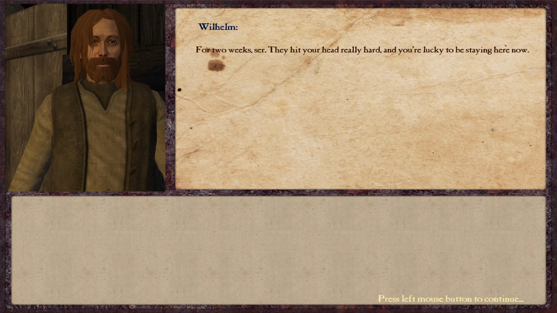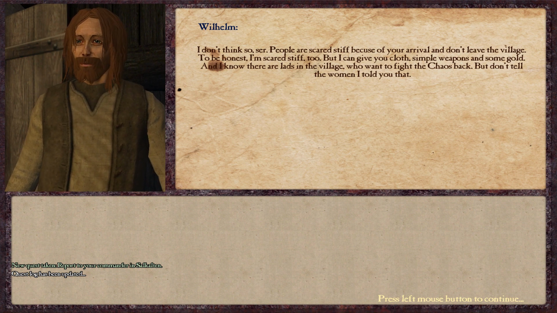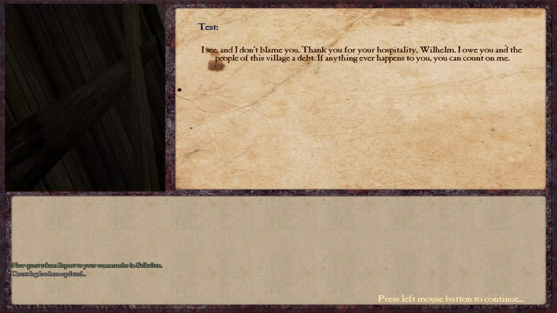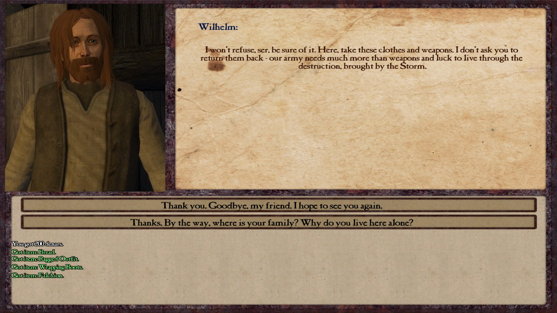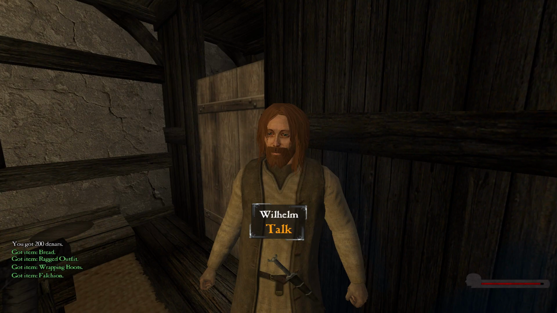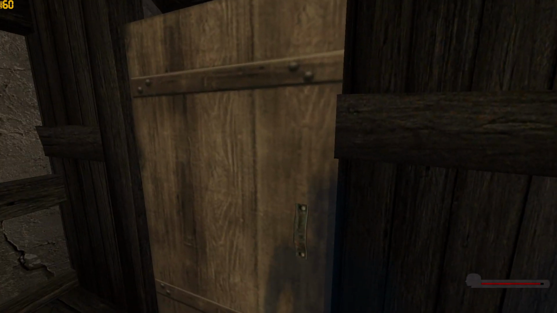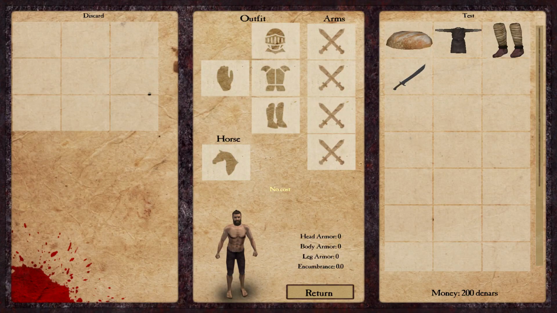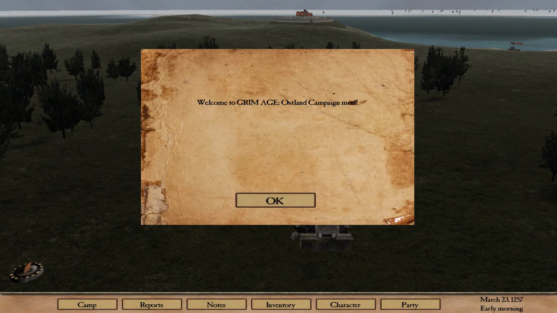What else is he saying? Alright, so there isn't really any quest to do with this guy. He's not the merchant from regular Warband, but he gives you some stuff. Gives you a little basic sword. Bit of gear, there we go. So I'm here basically, and we're going to go and